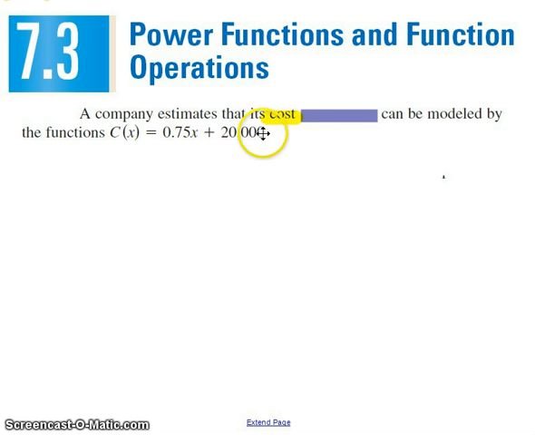First of all, one formula for cost. A company has figured out that the way it can calculate its costs is based on this formula right here, 0.75x. In other words, it might be 75 cents times every product that it sells. Let's say that the company sells hair dryers. Well, it costs it 75 cents for every hair dryer plus $20,000 that it spent maybe to create the company